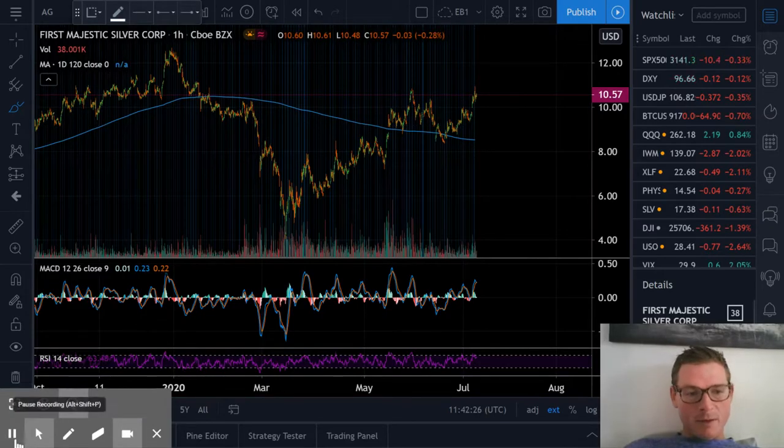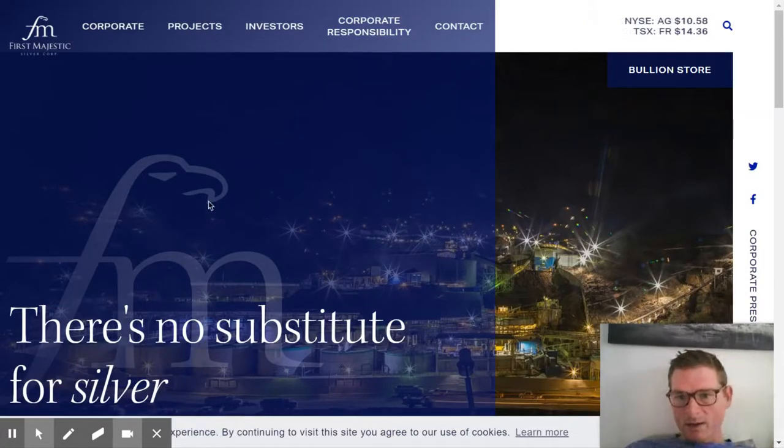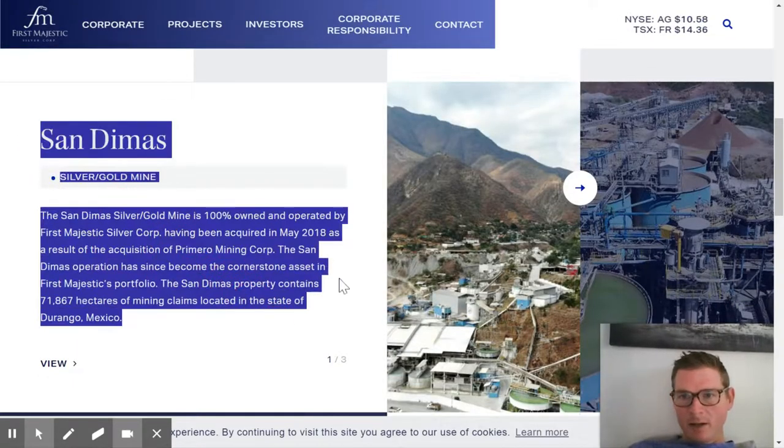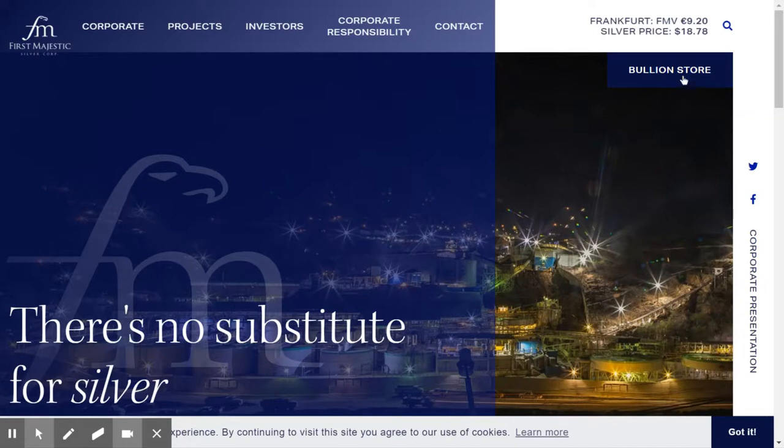Let me go to their site and show you a couple things. Yeah, so here's First Majestic. I just wanted to take a look at the mine and the coins. They actually mint their own coins. I wanted to look at physical silver here. And the San Dimas mine is their main mine. If you go to the bullion store,